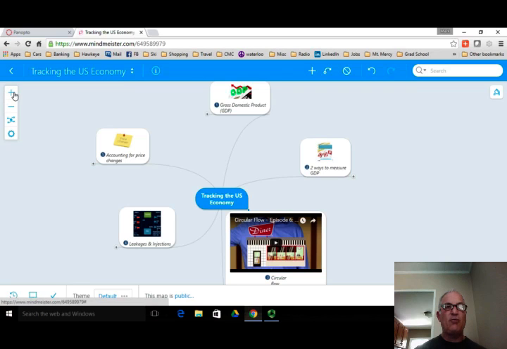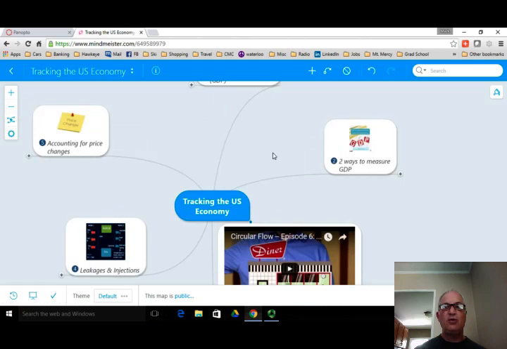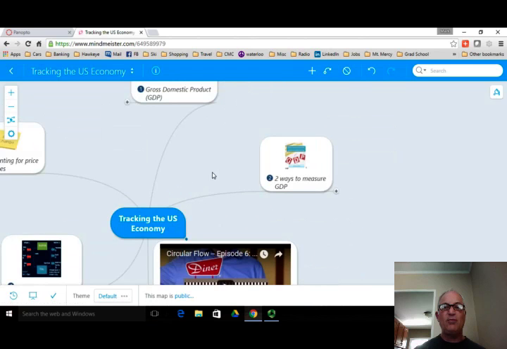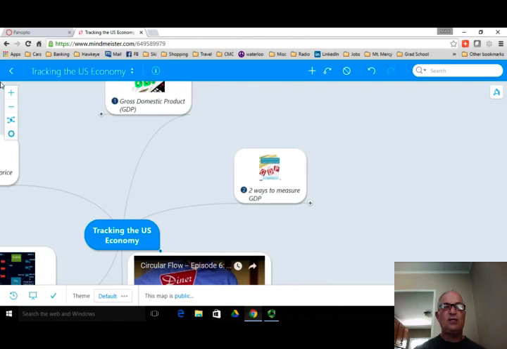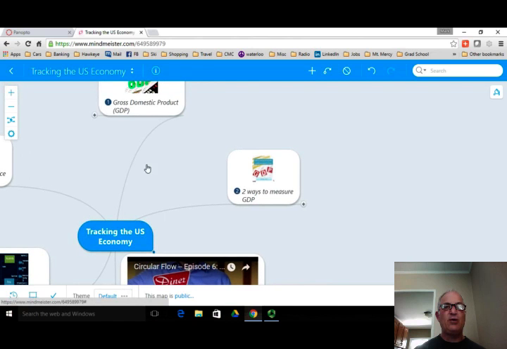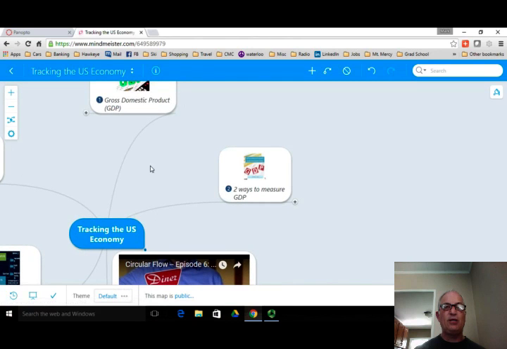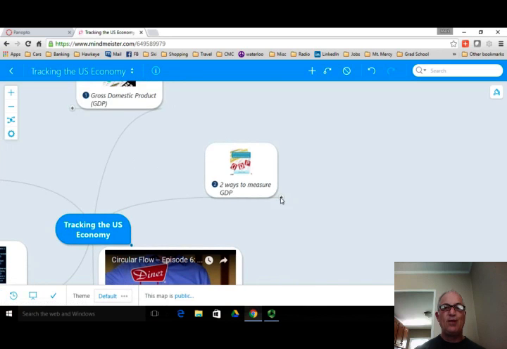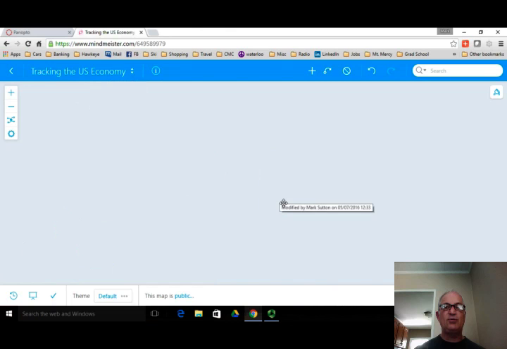Normally, I will be going through the different topics. We'll look at one just to give you an idea how you can set this up. We'll look at 2 ways to measure GDP. And I'll zoom in as I go around my map and discuss, and I have each one actually broken out. So as far as the 2 ways to measure GDP,